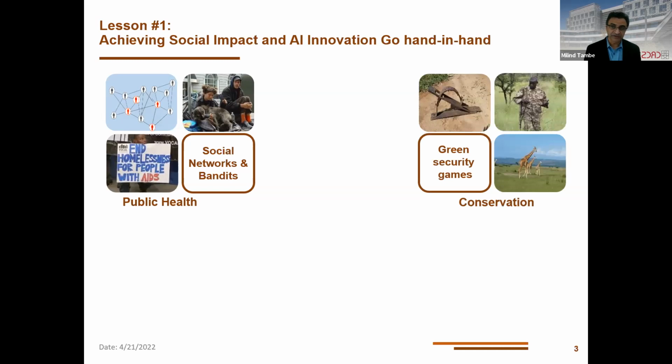With respect to conservation, we have large conservation areas to protect with a limited number of ranger resources. A concrete example is work we've done in Uganda and Cambodia. We're harnessing past poaching data. We are able to predict where poachers set traps or snares. And for the past several years, we have been able to remove thousands, if not tens of thousands, of these traps. However, this work requires innovation in the area of what we call green security games, which combines machine learning and